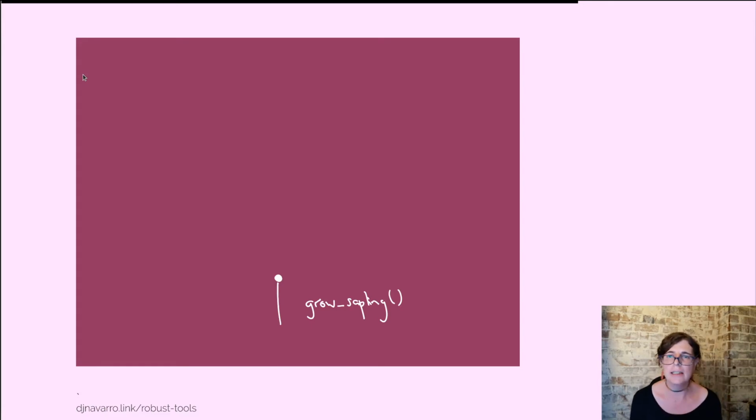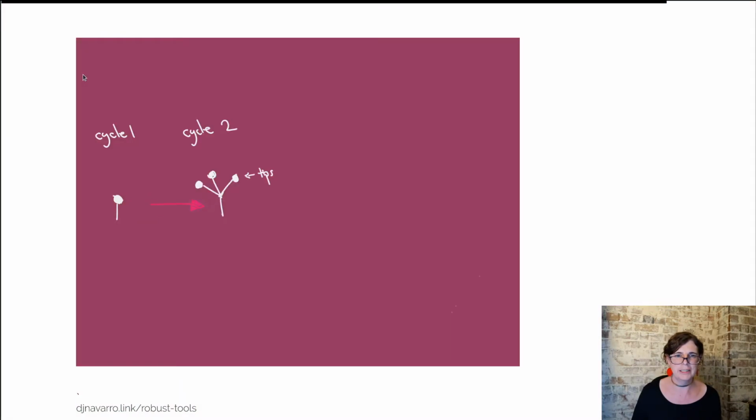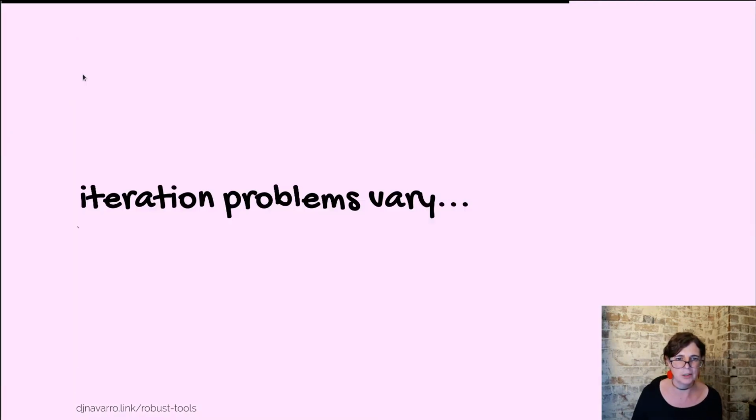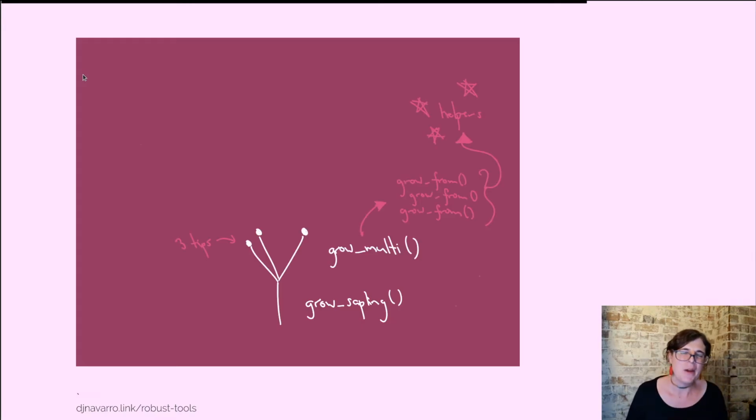So here is our ash tree system, again reduced to this little sketch. It starts out, we grow a sapling. I'm just going to make these things preload. I don't know why. Hold on. There we go. Start again. We grow the sapling. There we go. From the sapling, we